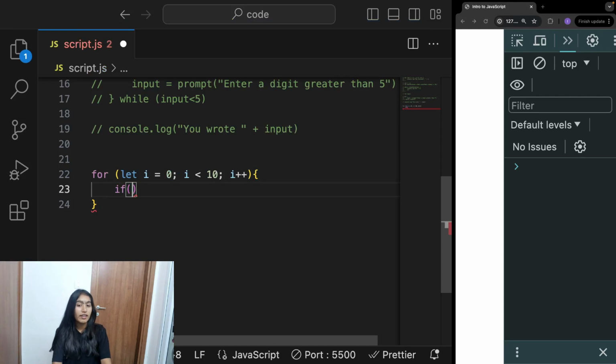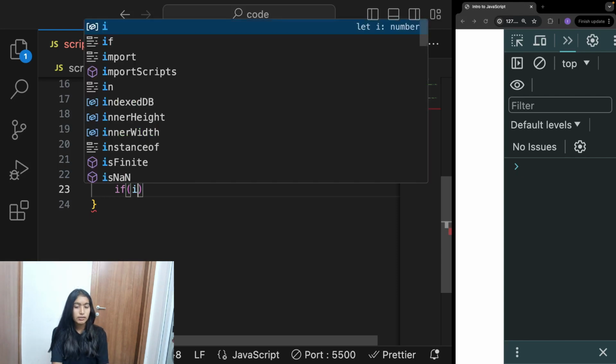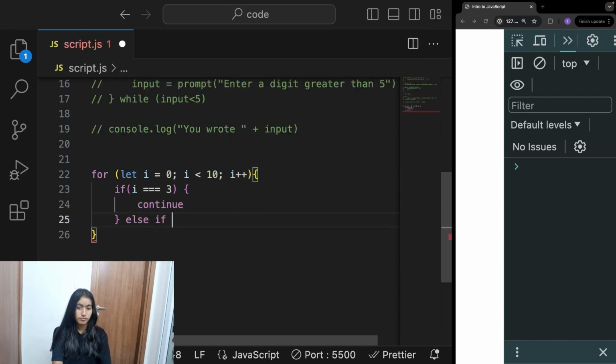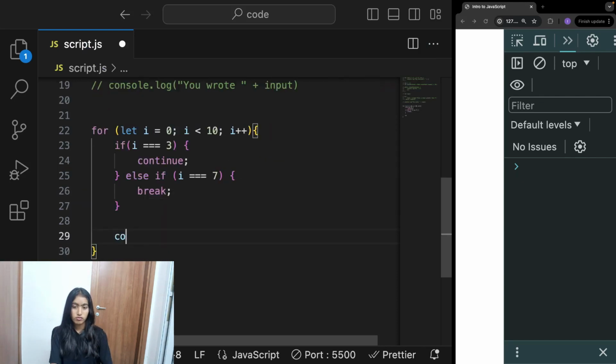If i is triple equal to 3, then we write down console log i.